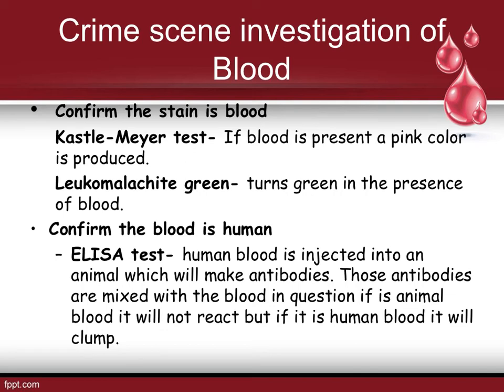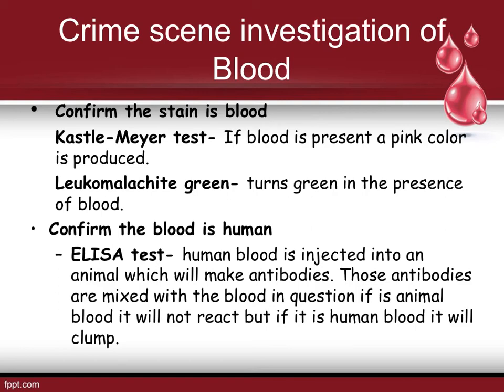The other test is called the leukomalachite green test, and it's the same concept. You spray a little bit of the solution on your sample, and if it's actually blood, it will turn a bright green color. Once you know that the stain you're working with is actually blood, the next step is to